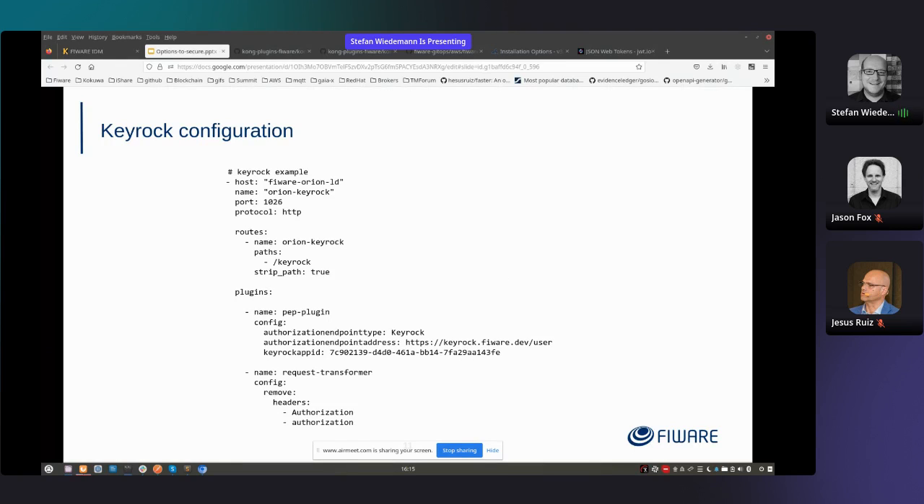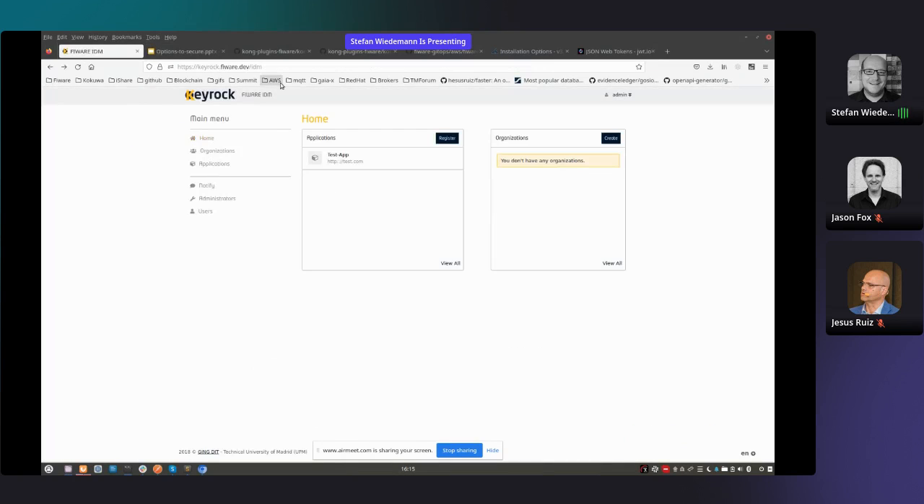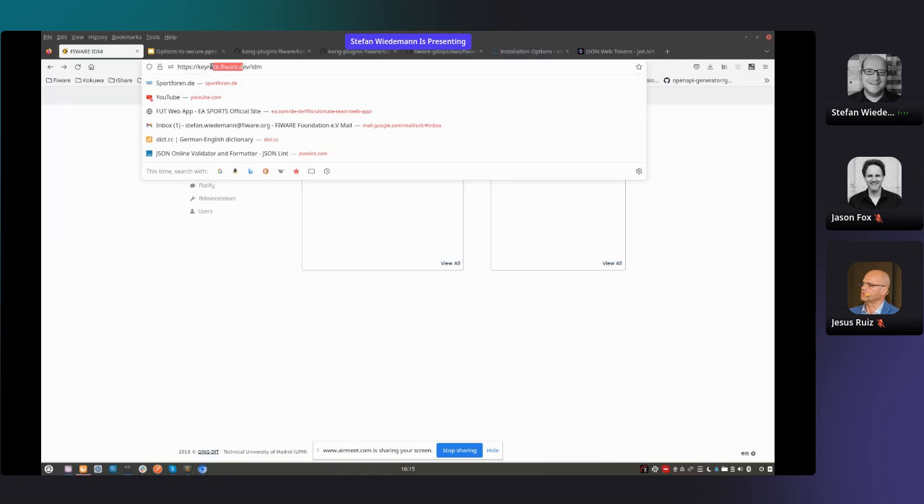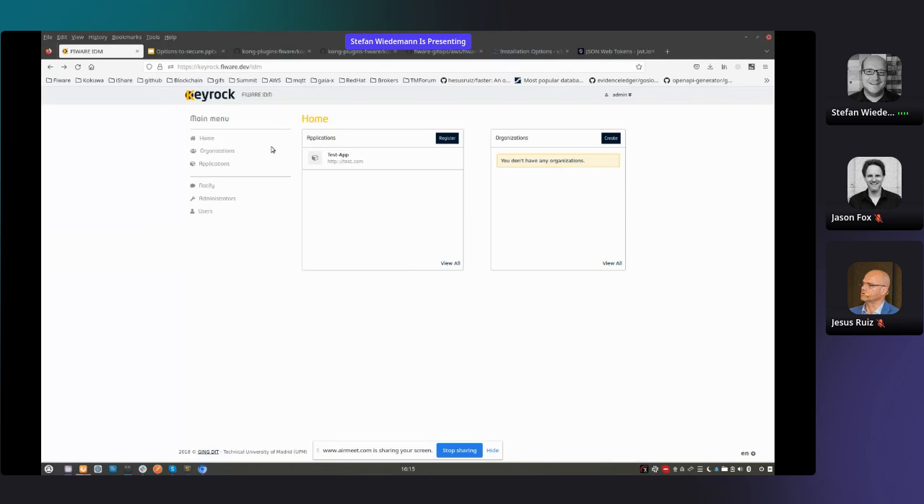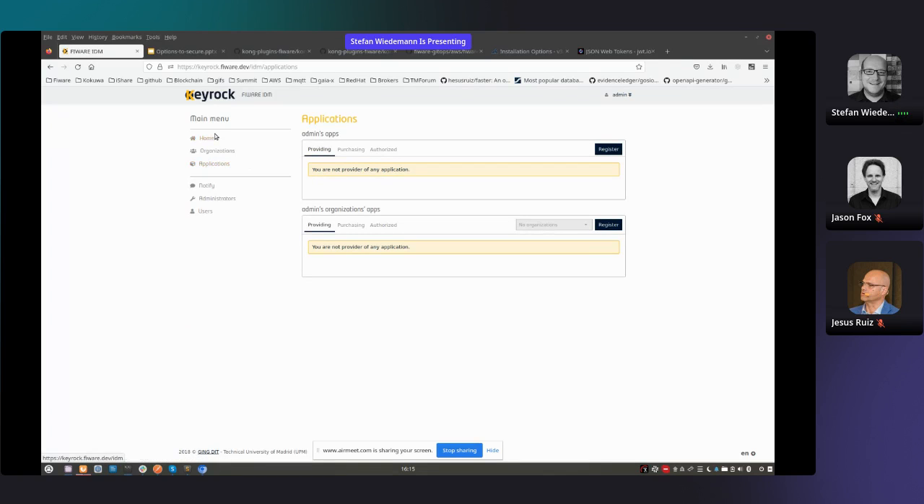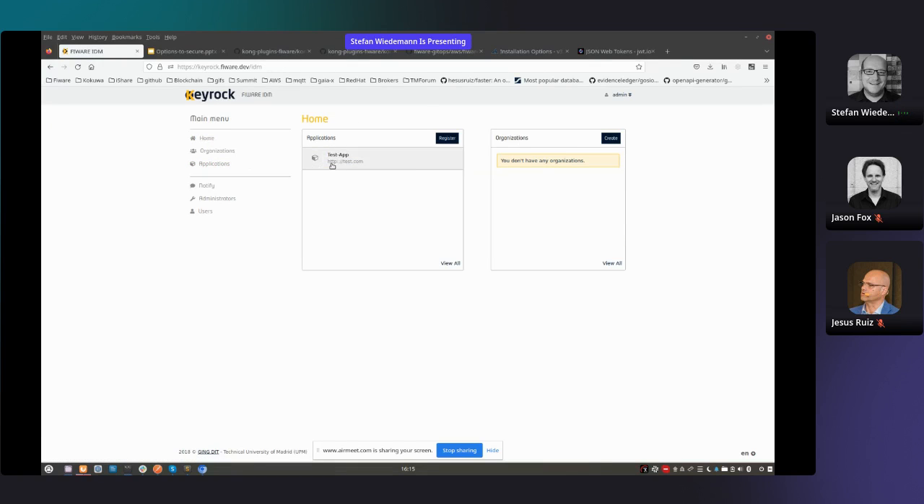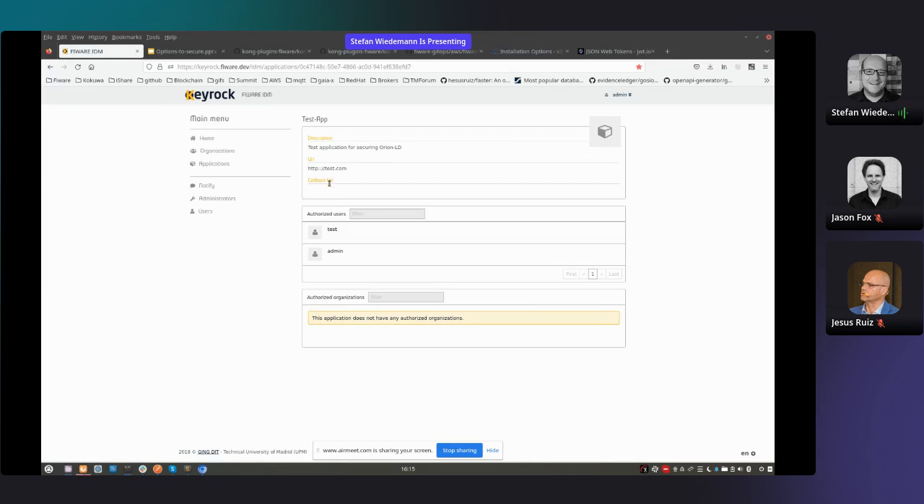Now let's go to the live demo part. First, I have my Keyrock here. That's the one at keyrock.FIWARE.dev. And I already configured a test application, which is here. It's called test app. It does not do a lot, but it's basically the app ID that I already configured inside our Kong. For the test app, we have basically two users. One is test and one is the admin user. And we have for our application also